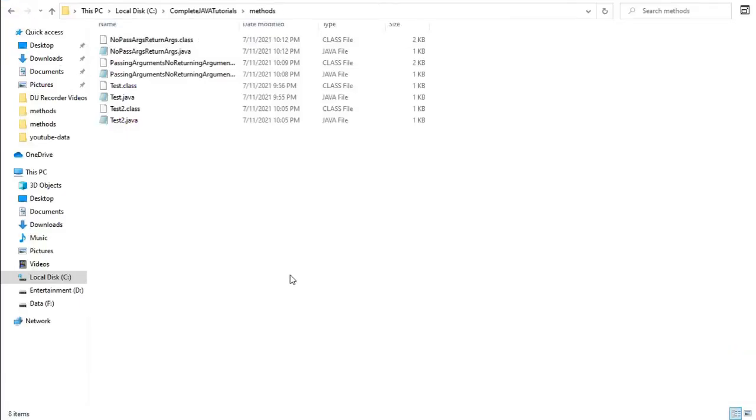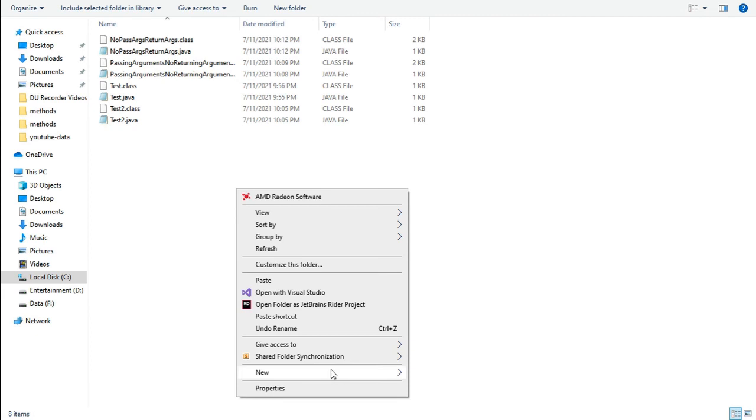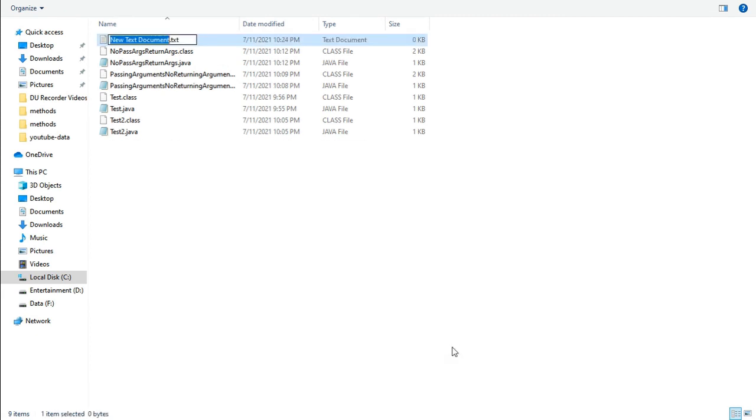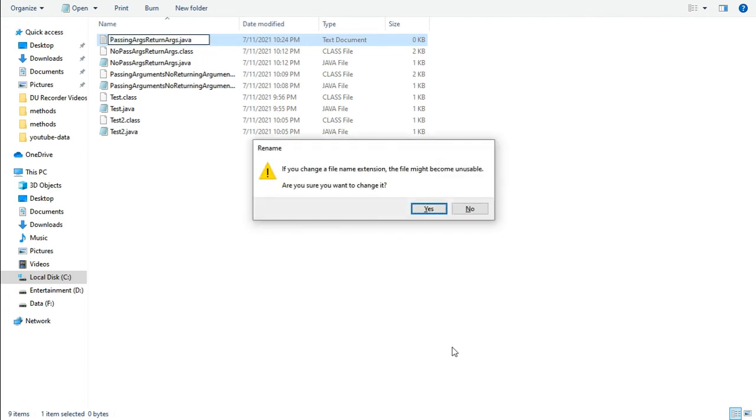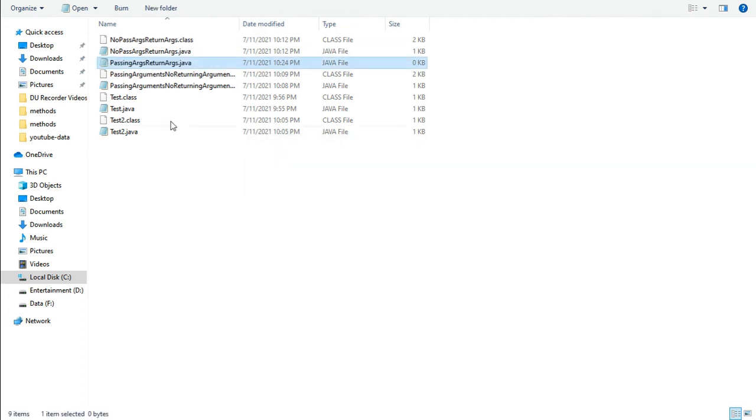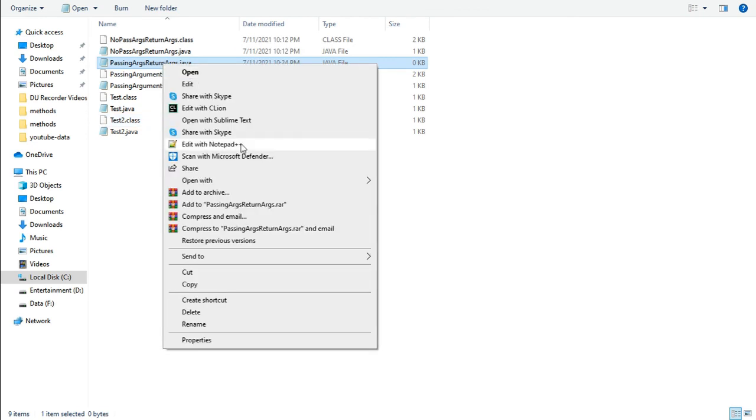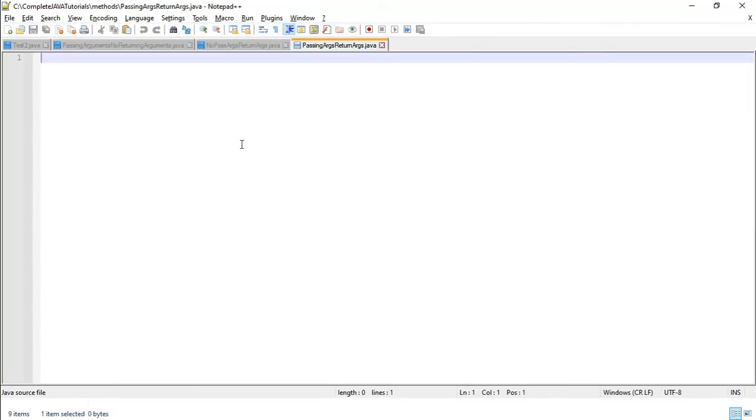Fine. Now the last one is passing argument, return argument. We will pass one parameter when calling a particular method, like we'll do the same with the M1 method only. So we'll pass it, and in return we are taking some data from the method. We will see that, and we will do it with two different data types, so your confusion will not be there.